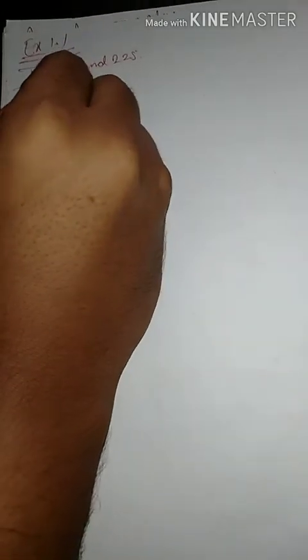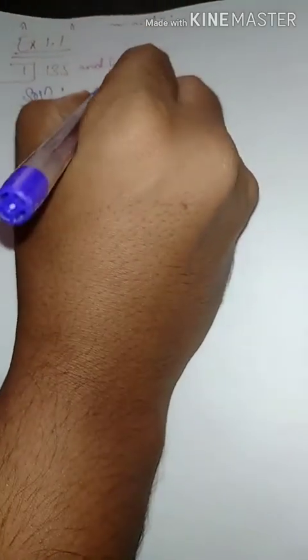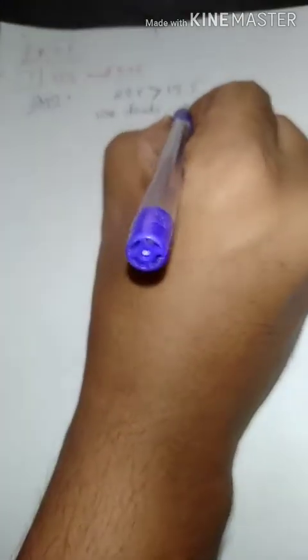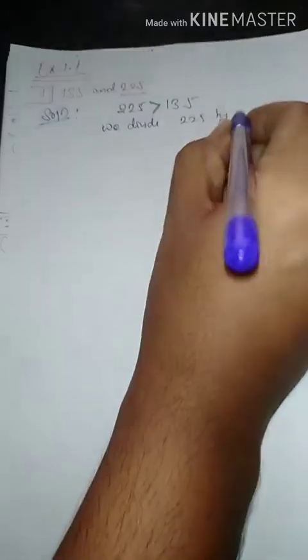Solution. Students, here 225 is greater than 135. So according to the Euclid division lemma, we divide 225 by 135. So the first step,